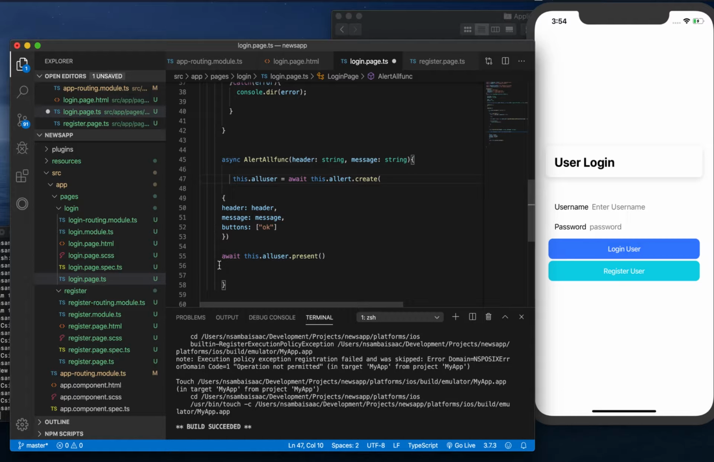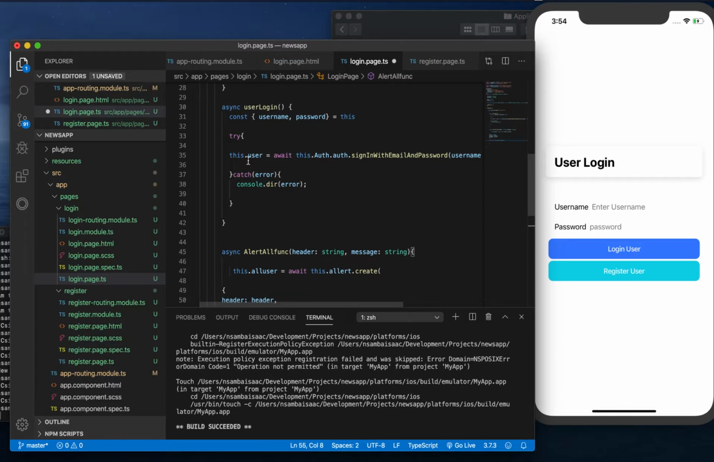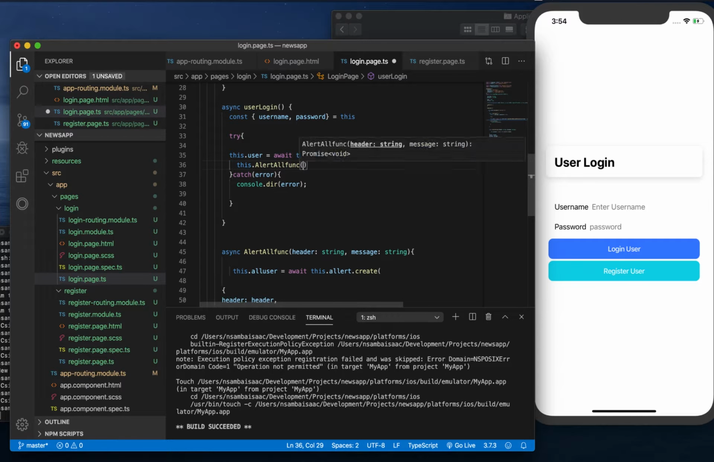Okay, after creating our alert controller, we'll go ahead and supply our alert message. It will be this dot alert func, and then alert func will take in